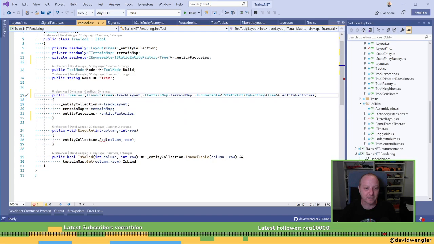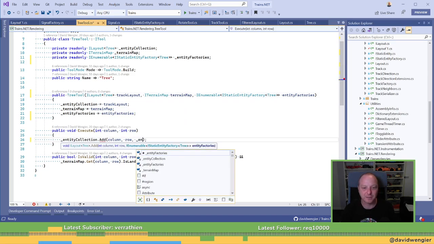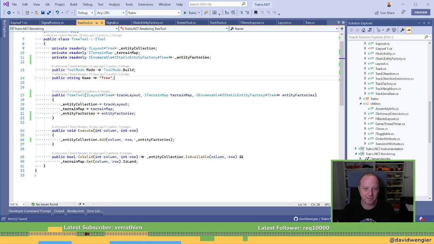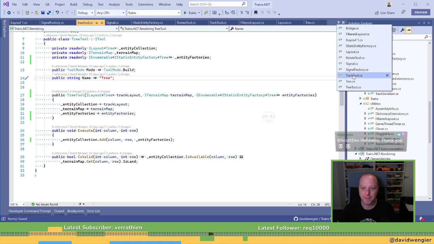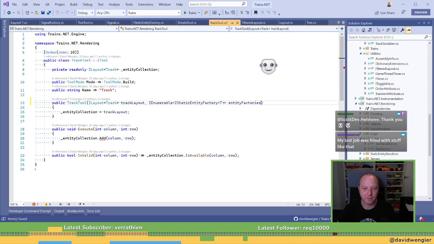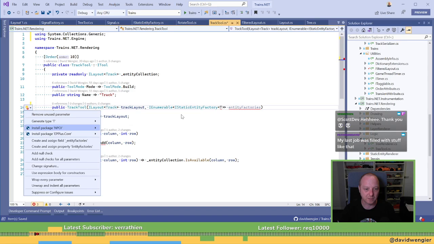Okay, do that, and then this we pass in entity factories. All right, so that's add sorted. So track tool has to do the same thing. Do that. Install package NPOI? Wow.